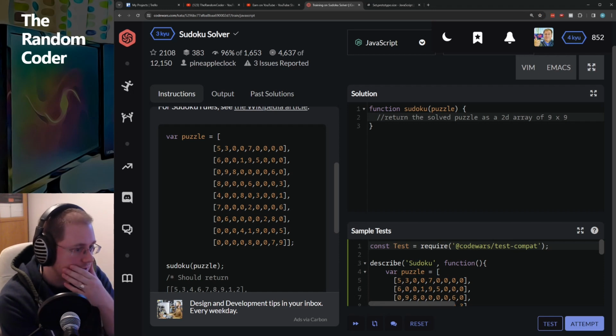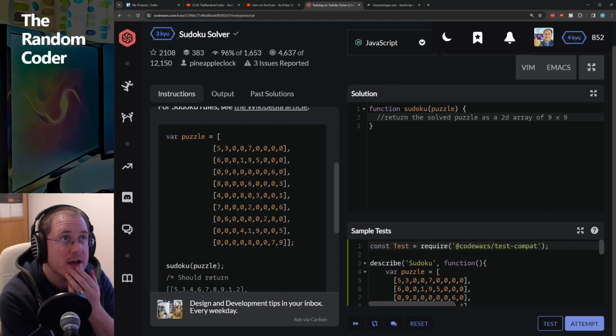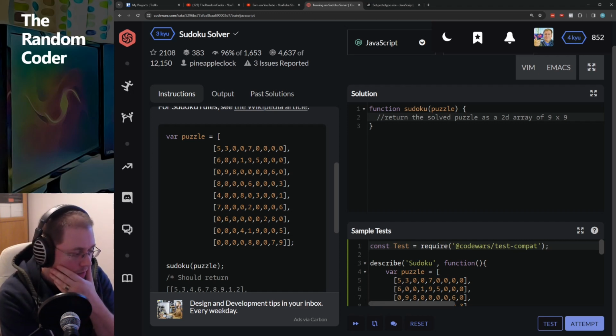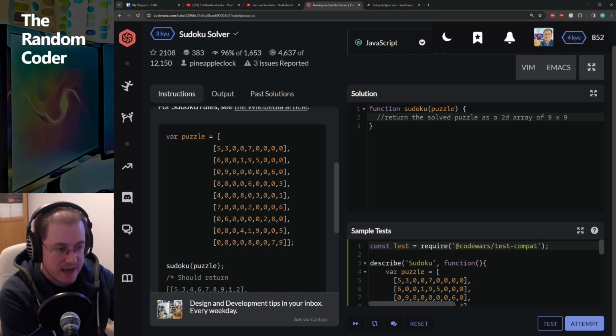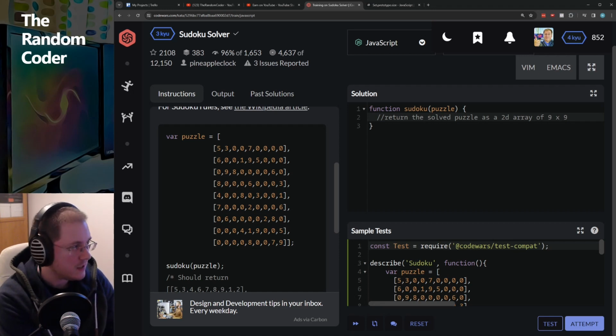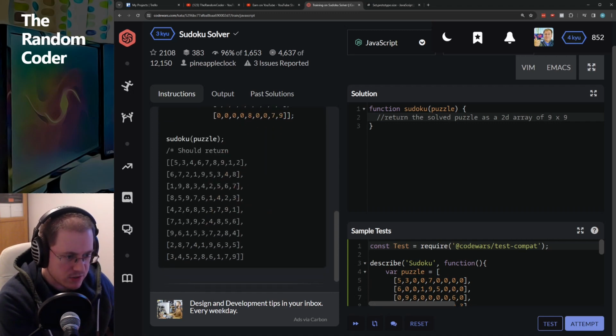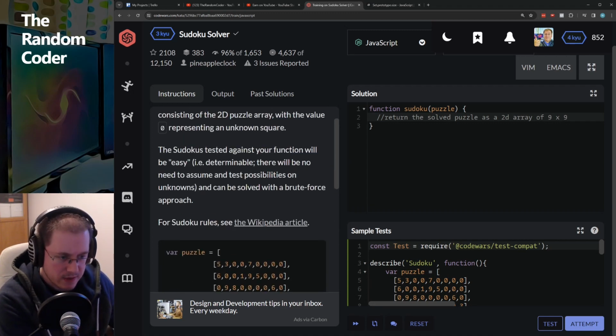So the first thing we need to do is to find a position where we can fill a given square. We can then fill the square and then call the function again to find and fill the next square until we filled all of the squares, at which point I believe we just return the board, because we have to return,